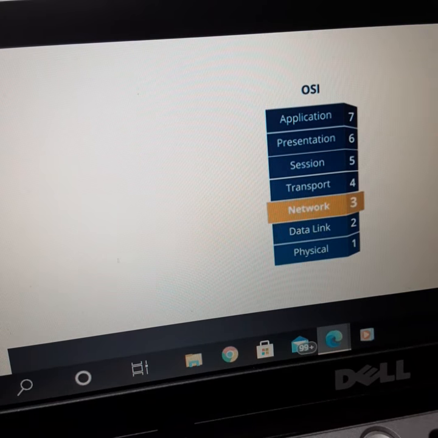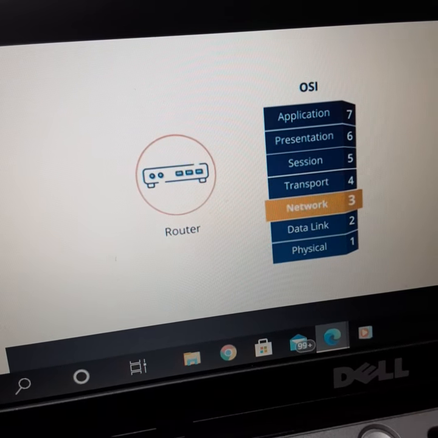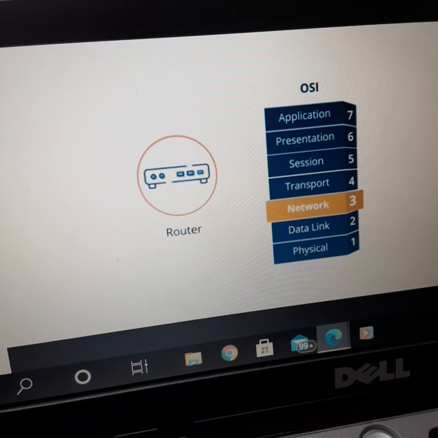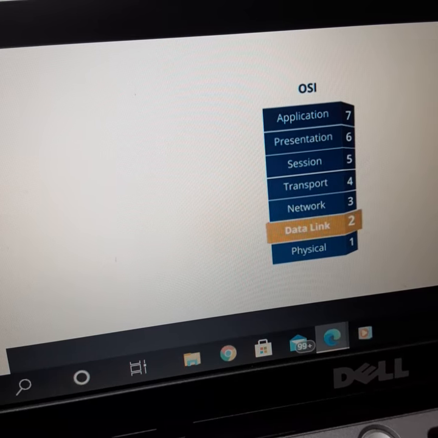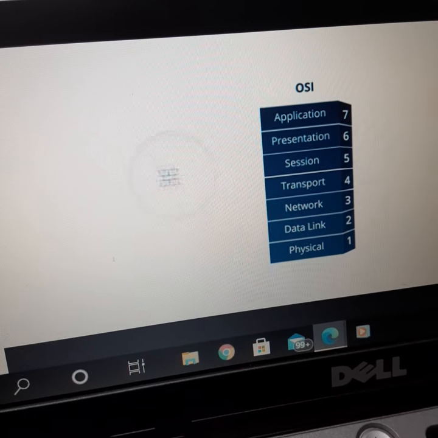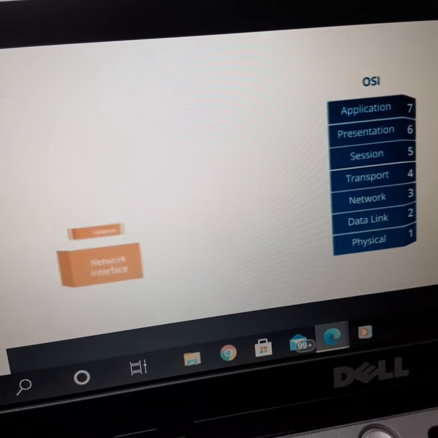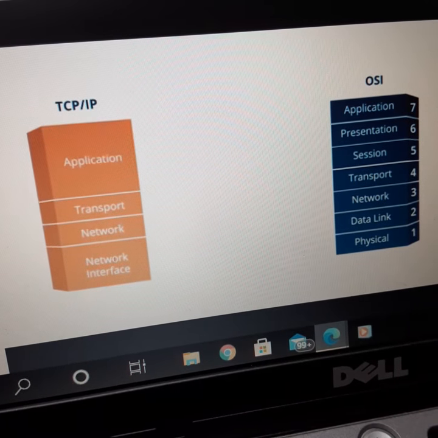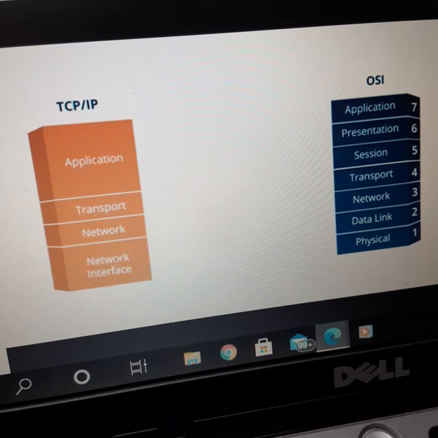While working on networking, you might come across a router being referred to as a layer 3 device because it operates at the network layer. Similarly, a network card is known as a layer 2 device, and the firewall, a layer 7 firewall. So, this is how TCP/IP differs from the OSI model. The TCP/IP model has the network